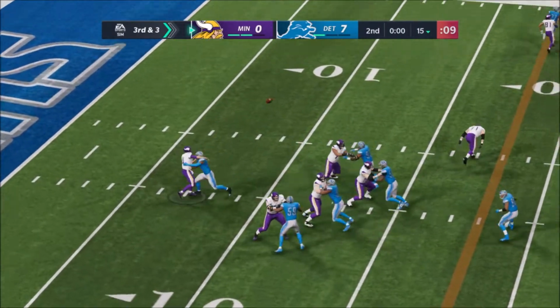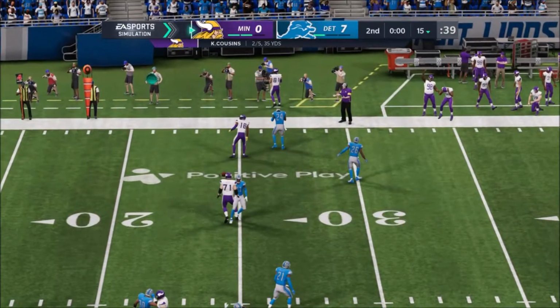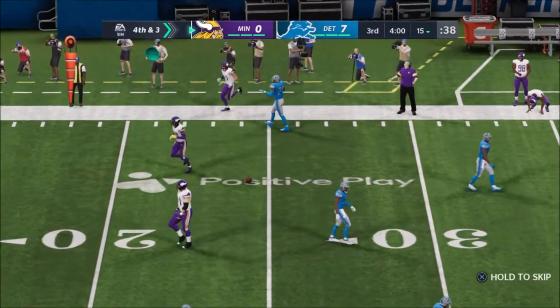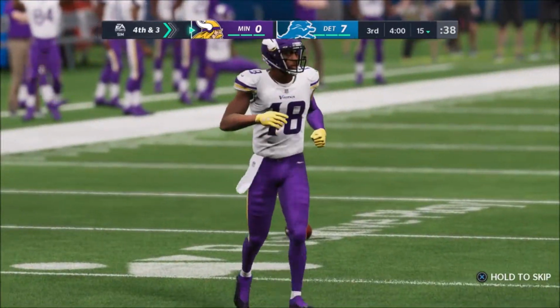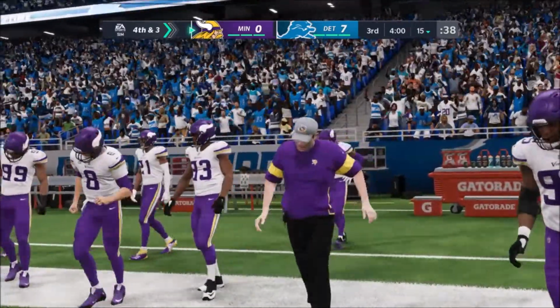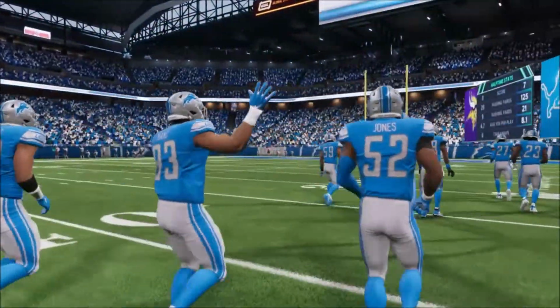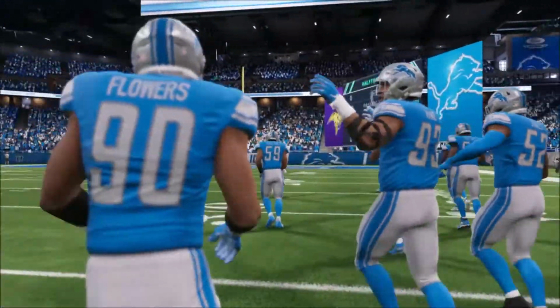Final play of the half, Cousins. And he will not be able to hang on through the contact. It's incomplete. The coverage strong, and now it's 4th down. So we've reached halftime with just the lone touchdown here. 7-0 is our score. As we'll send you down to Orlando, and we check in with Jonathan Coachman for our